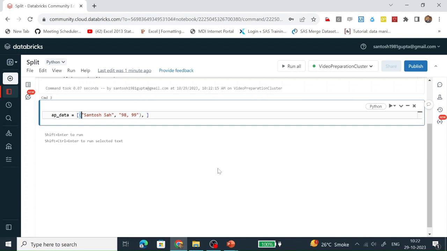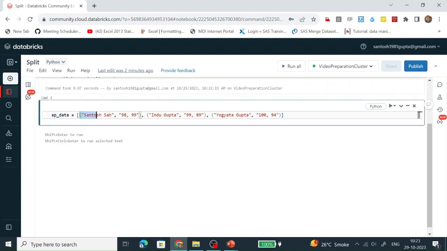To save time, let's copy the code and paste it here. Just change the name and just change the marks. So here we are defining a list variable.